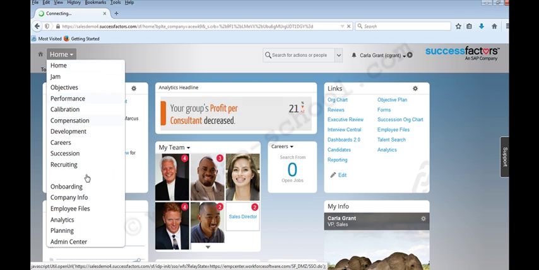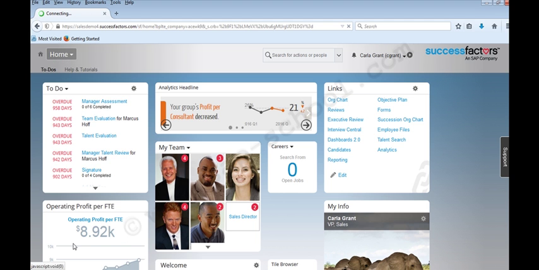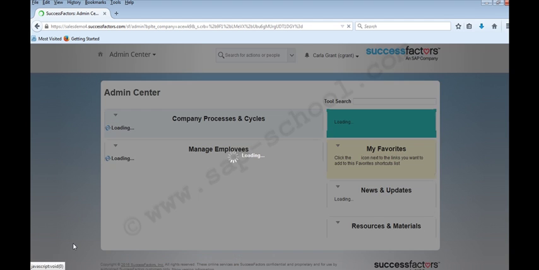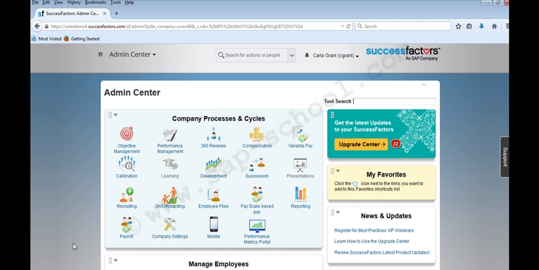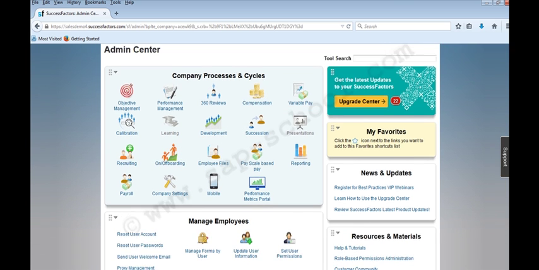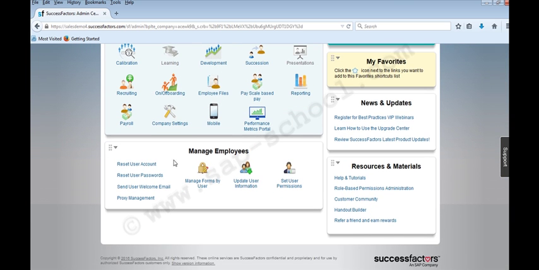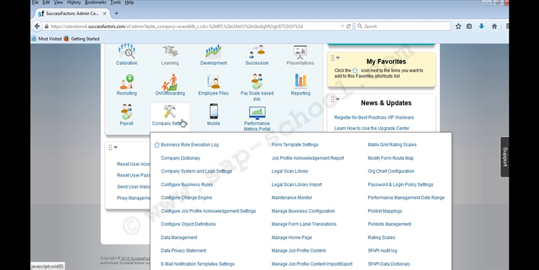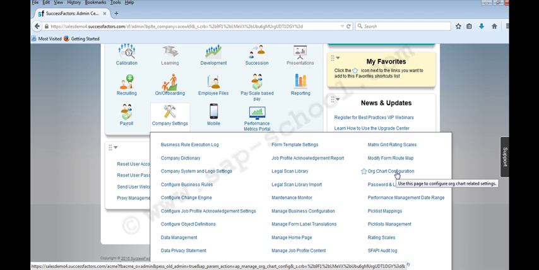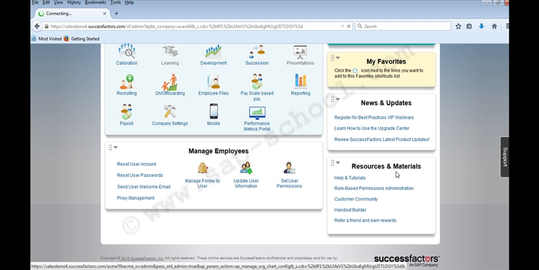So this is my admin center. I'll go to the admin center again. And now under the company settings, I have to choose my org chart configuration. So if I go to my company settings, I have this org chart configuration. If I click on the org chart configuration here,